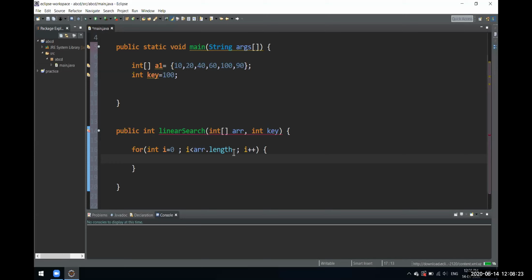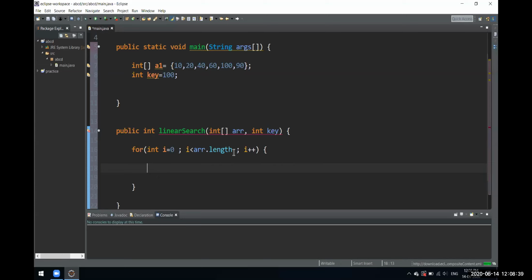So what will we do inside this for loop? We'll check every element, and as soon as the match is found, as soon as that key is found, we'll return that position, the value of i at that point.